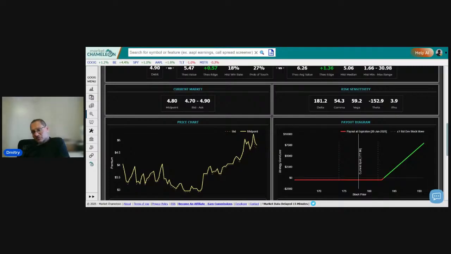On the other side, if the stock goes down $1, well, my options are expected to lose $181, so that's a loss. But I shorted 181 shares. So if I shorted them and I could buy them back $1 cheaper, well, I made $181 there. So those two, the options and the stock position, offset. So in that case,